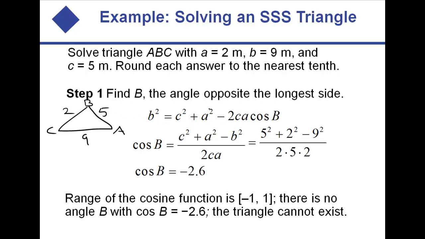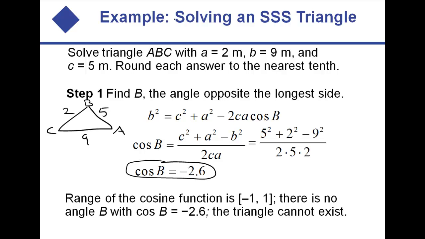Again, we're just going to use the formula to solve for one of them. This time we decided to do it for B. Plug in everything that we know, right? Solve for it like we did before. Plug in everything, and we get cosine of B equals negative 2.6. And what's wrong with that is we know that the cosine function only has answers between -1 and 1. Its range is from -1 to 1. So there is no angle B that would solve this, and therefore this triangle cannot exist,